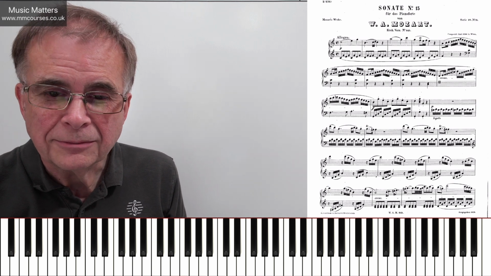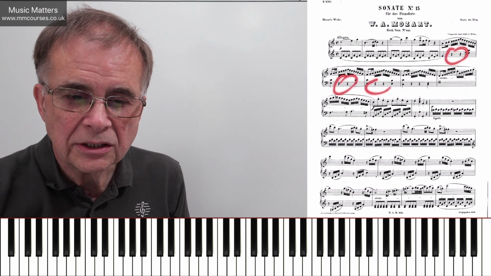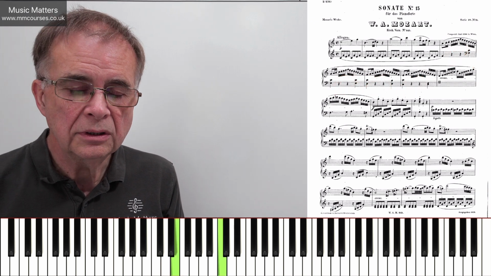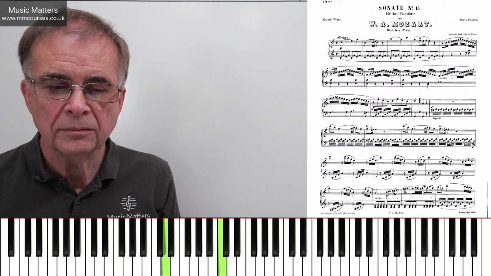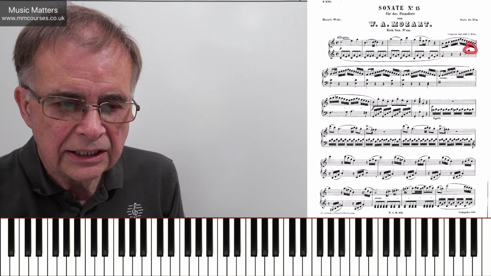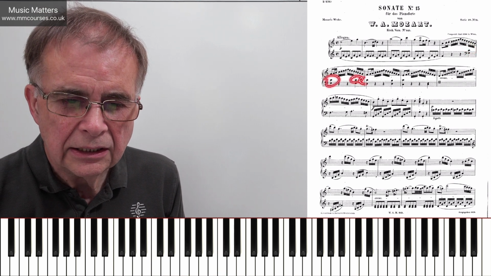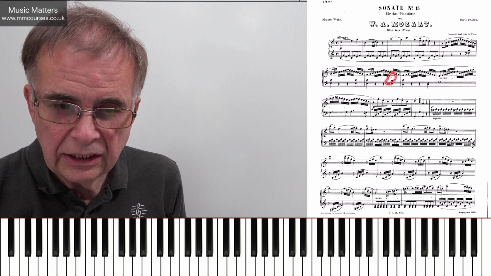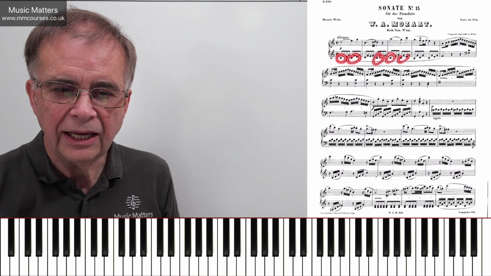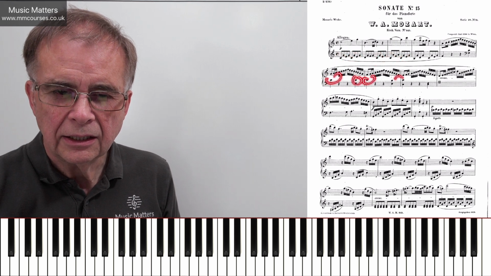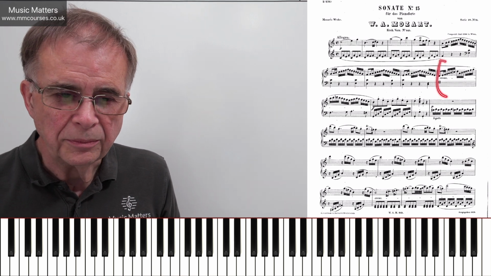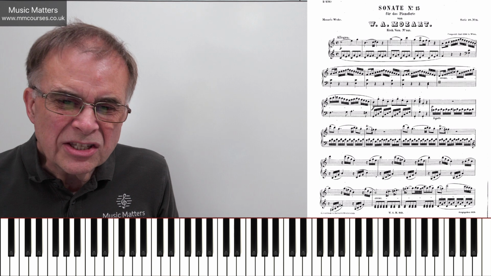Look at the left hand. You know, plenty of rest here just to let air into the texture, and very simple kind of chordal stuff going on. And notice how that tonic is still around. C, B, C. So we talked about the C's in the first bit there. Now we've got C's again going on here, haven't we? So that's still there.